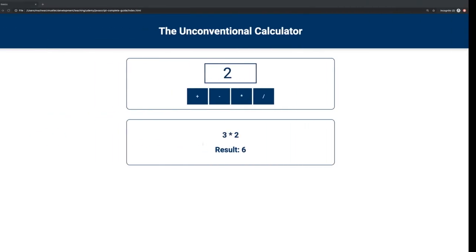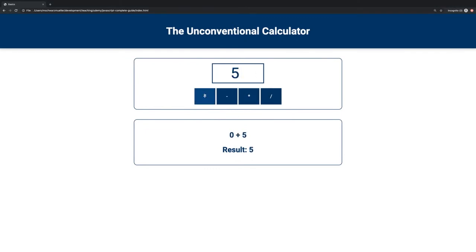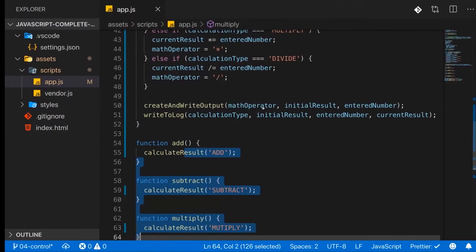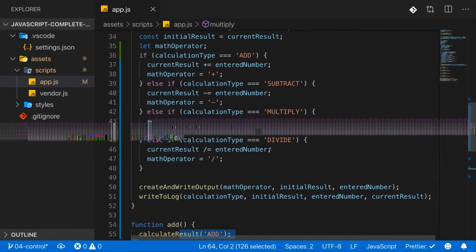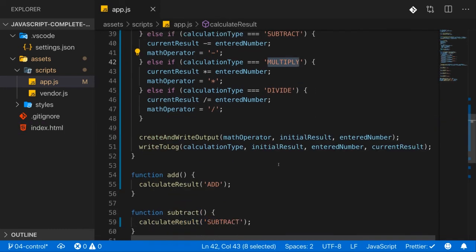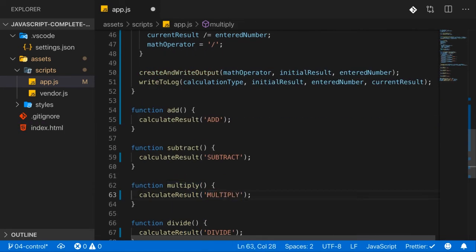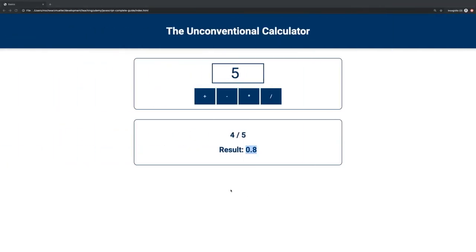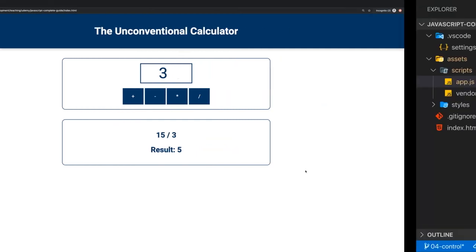Now let's just quickly validate this by running some calculations here. And we seem to have a problem with the multiplication. Yeah, because I have a typo here. This should be multiply. So let's fix that and reload. So now multiply this. Yeah, this now looks way better. And with that,